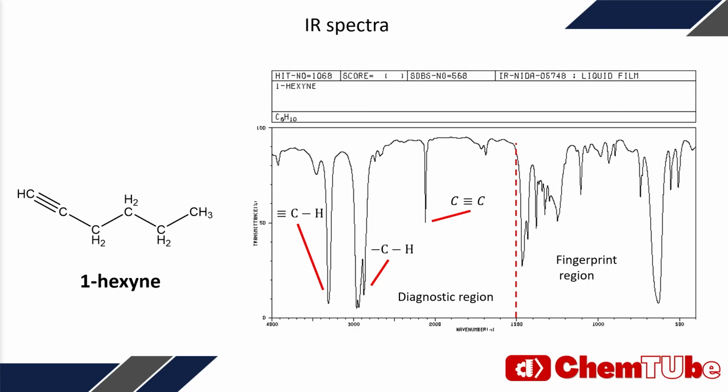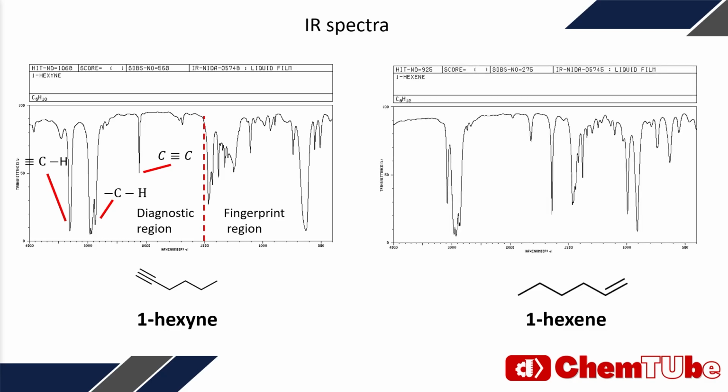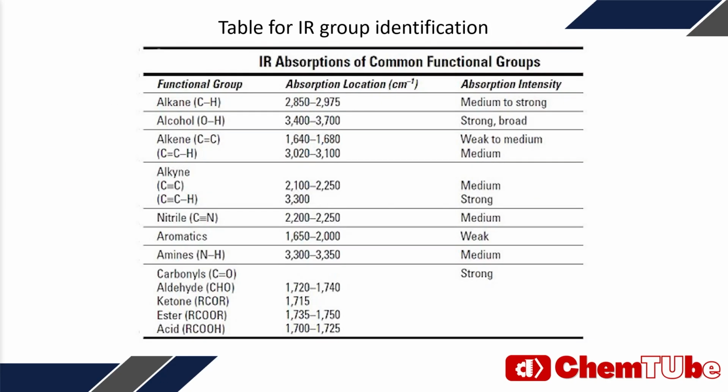This bond is stronger than the carbon-hydrogen bond, but the reduced mass is again significantly higher, leading to a lower wave number. If we now replace the triple bond with a double bond, we see the peaks moving. This time we have an sp2 carbon connected to hydrogens, appearing around 3100, and the sp3 carbon hydrogen around 2900. This is again due to the same reason as before. The double bond is also at a lower wave number, as the bond is weaker than the triple bond. In reality, we use a table to match the peak to a corresponding functional group. The peak intensity is also noted down, which aims to make the identification easier, as with some bigger molecules the spectra can look much more complicated.